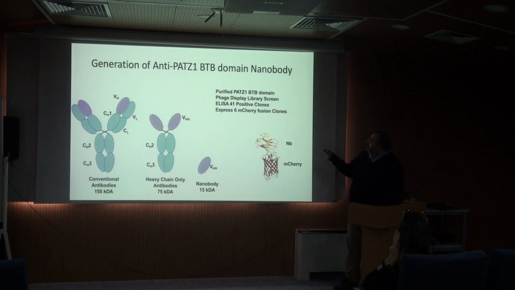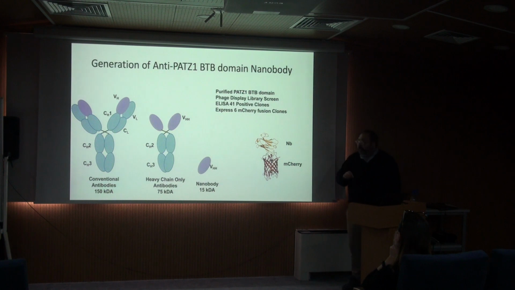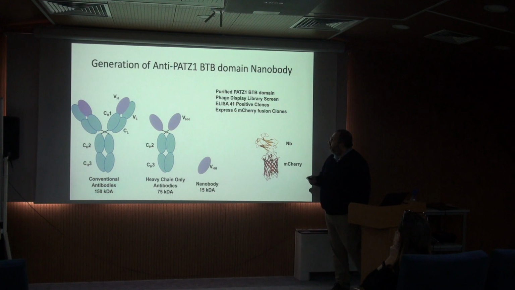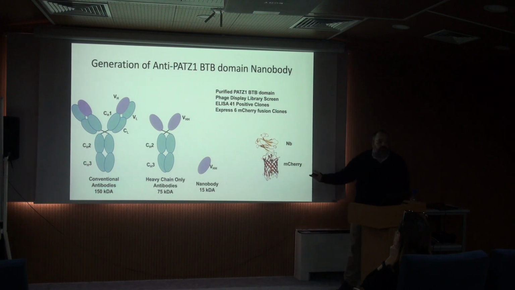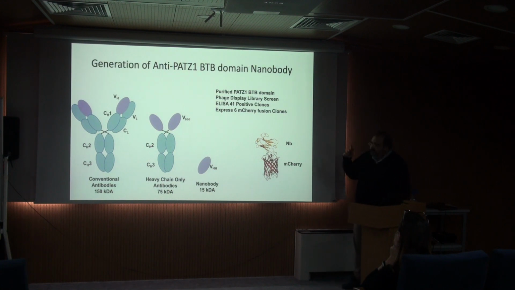What you can do is phage display. You can make a naive library of your nanobodies, making very random mutations in the CDR, complementary determining regions of the antibody, and then do selection using phage display in E. coli, which is much cheaper and faster than going to an animal farm. We did this in collaboration with Ario De Marco, who's a professor in Slovenia, and Sara Barakat, who's a PhD student in my lab,